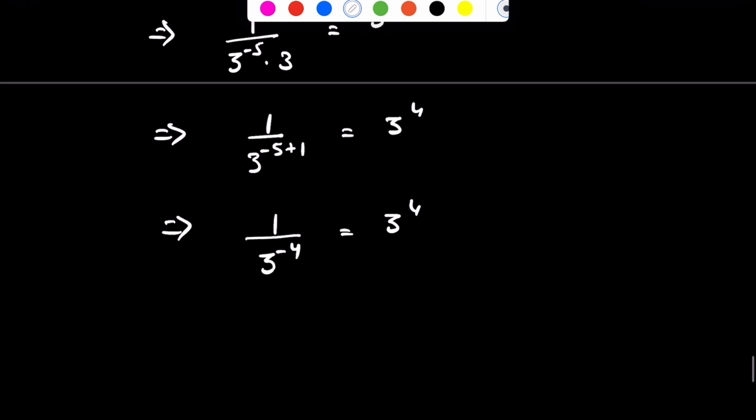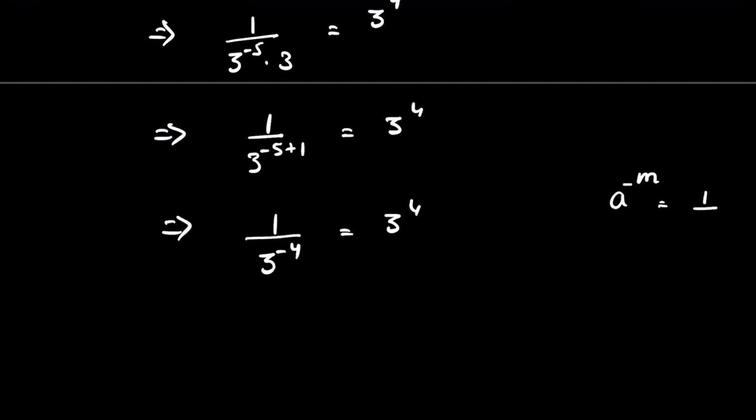Now we know negative power means when a raised to the power minus m, then it means multiplicative inverse of a raised to the positive power of the exponent. So a raised to the power minus m is equal to 1 upon a raised to the power m. So 1 upon 3 raised to the power minus 4 means